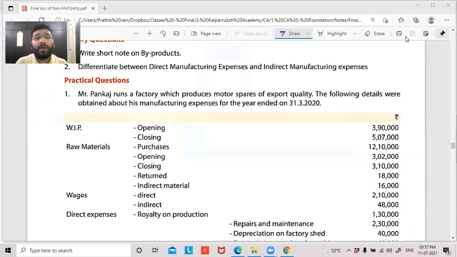Then moving on further, guys, we record the raw material consumption here. That is on the debit side, you record opening stock of raw material, add net purchases, that is purchase minus purchase return, minus the closing stock of raw material, which will give you the cost of raw material that has been consumed, right? Apart from that, we record the opening stock of WIP, that is the semi-finished product, on the debit side of the manufacturing account, and we record the closing stock of the work in progress on the credit side of the manufacturing account.